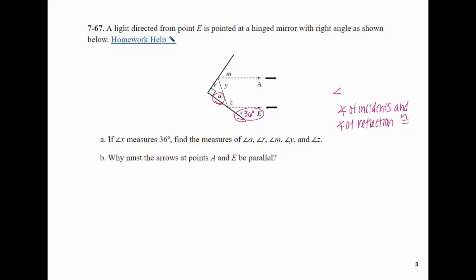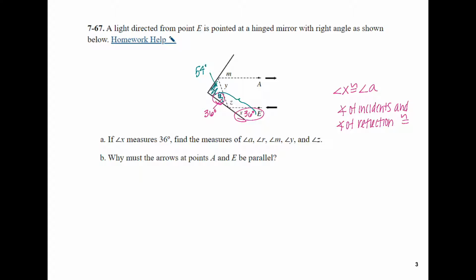So angle X is congruent to angle A, so we know that A is 36 degrees. We then know that in this triangle right here, we can take 90 degrees and subtract 36 to get angle R, which is 54 degrees. I then know that angles A, Z, and X all need to add to 180 degrees